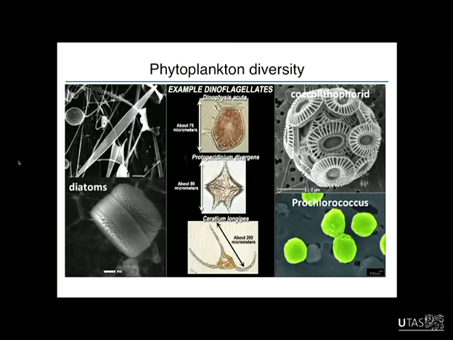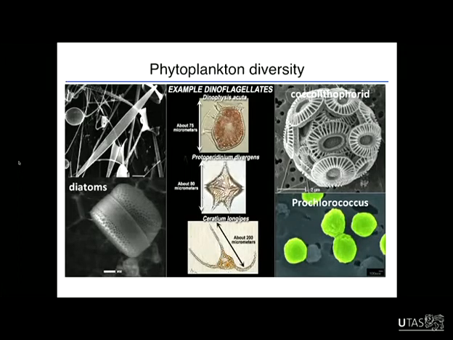In the middle panel here are what are called the dinoflagellates. So these are actually motile organisms. They have flagella that they can use for moving in the water, and many of these are not solely photosynthetic. Many of them actually consume other phytoplankton, so they also use the flagella for trapping prey. So if you've ever heard the term red tide, that's what these organisms are. It's the dinoflagellates that make those red tides, because some of them are red pigmented.